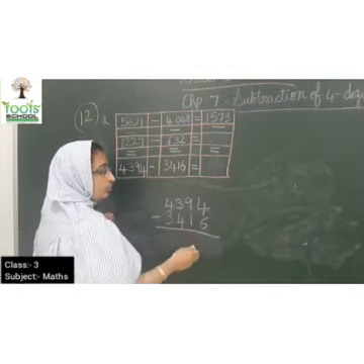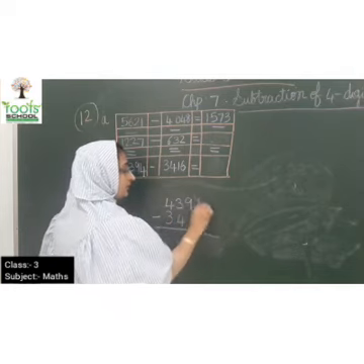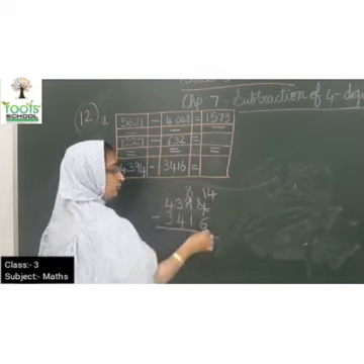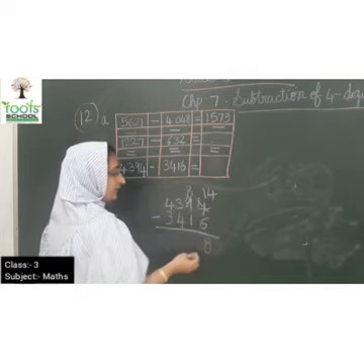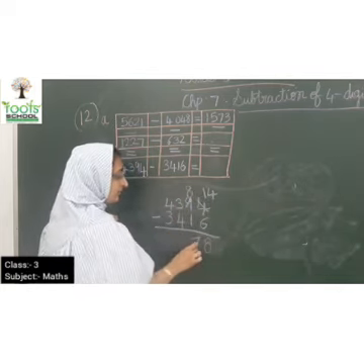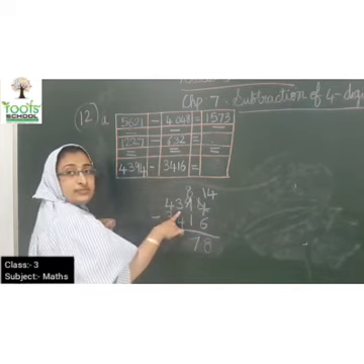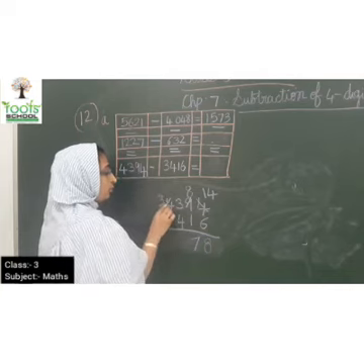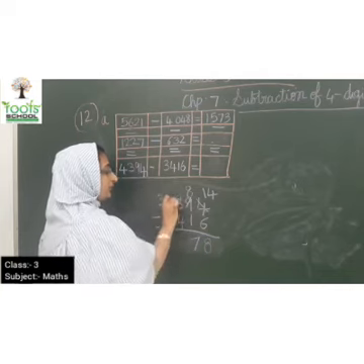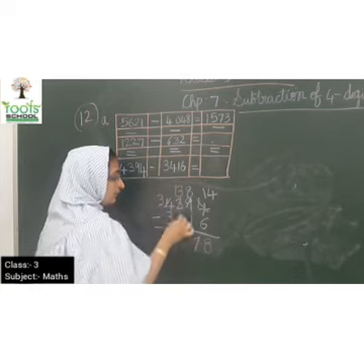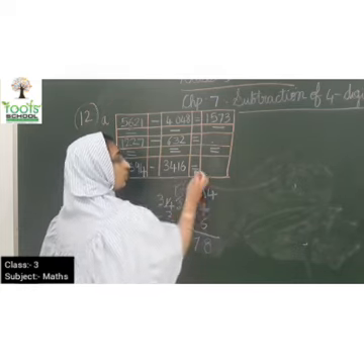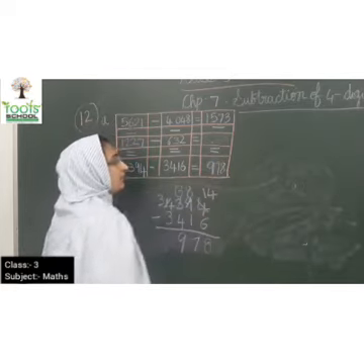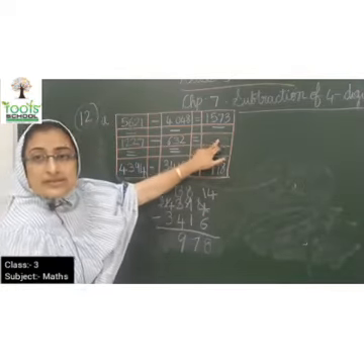Can you subtract? No, because 4 is smaller. So it needs to carry 1 from tens place. 14 minus 6 is 8. Now kids, 8 minus 1 is 7. Can you subtract 4 from 3? No, 3 is smaller. So 3 will borrow 1 from thousands place and it will become 13. So 13 minus 4 is 9. So what you got, your answer is 978. Now kids, only one is remaining.